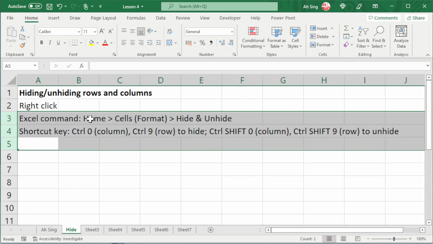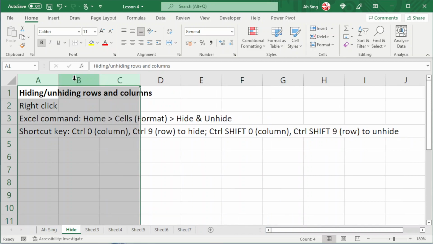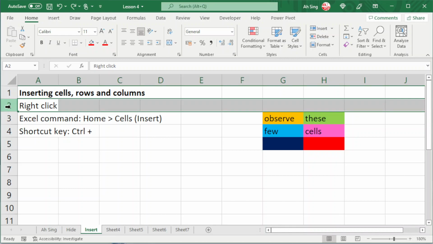And for column, we should press Ctrl 0. Select, Ctrl Shift 0 to unhide. Next, let's discuss how to insert cells, rows, and columns. To insert a row right before the second row, we should first click on the header of the row, right-click,